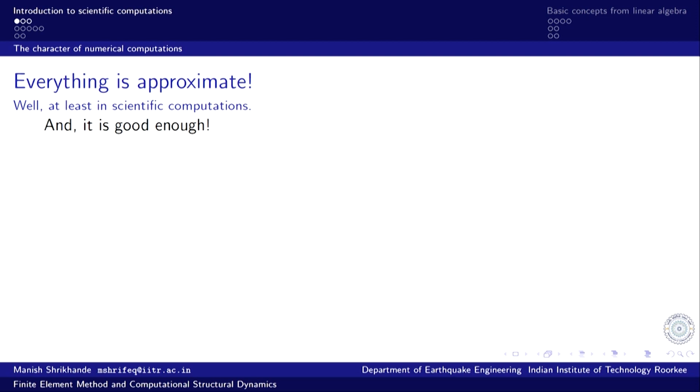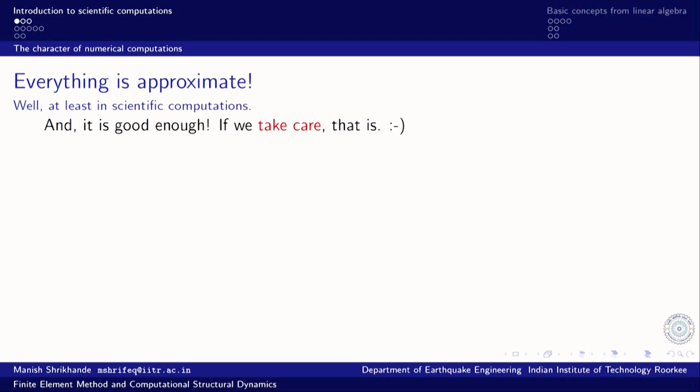So, to begin with, as I said earlier, we are looking at an approximate solution, and everything is approximate. Anything that we do on digital computers, any numerical computation, is an approximate solution, and it is good enough for all practical purposes. We can design all our complex engineering systems based on these approximate results. So, it is not as bad as it sounds. We can have a really good approximation, provided we take care.